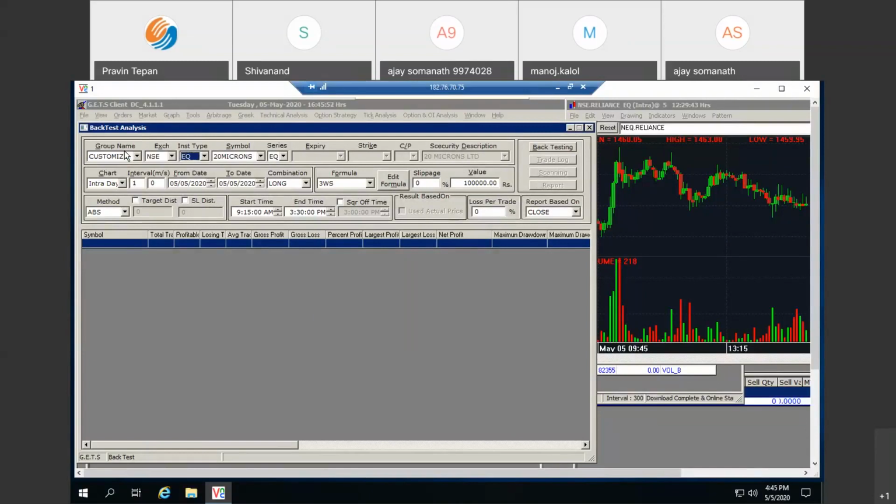So let's say I take index only. Let's say Bank Nifty I have taken. I want to run an intraday backtest on 5 minutes, and this is the interval from which date you want to backtest. So let's say for one month I want to run the backtest from April 1st